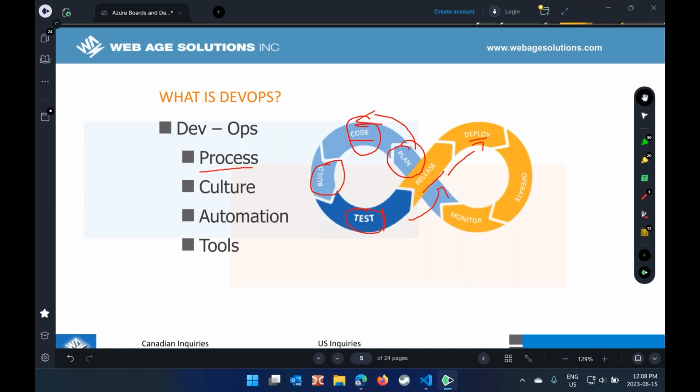And release usually also means, do you want to involve some manual approval process? So after you have tested the application, do you want to deploy it right away without waiting for any approval? Or do you want some QA manager, release manager to approve the build? Click on the approve button and that should end up deploying it. So later on, we'll discuss a couple of terms such as continuous delivery and continuous deployment. There's a difference between delivery and deployment. Do you want to get some feedback? Do you want to get some approval or not? Based on that, you will either use continuous delivery or continuous deployment. And once your application has been deployed,